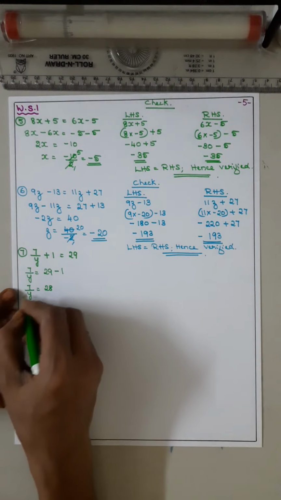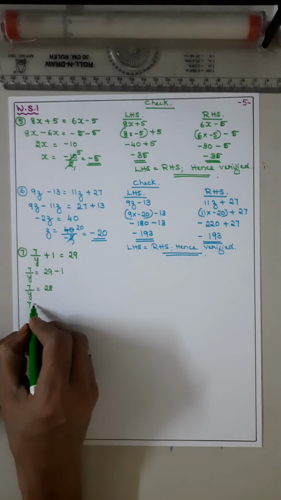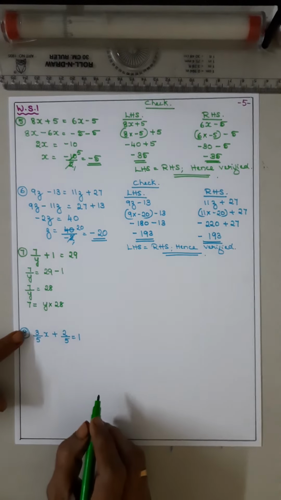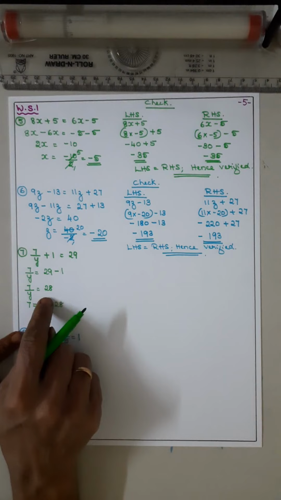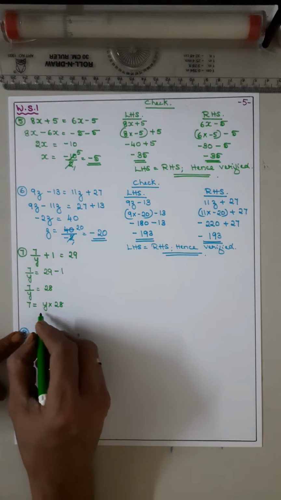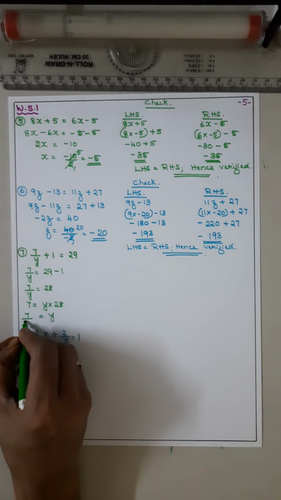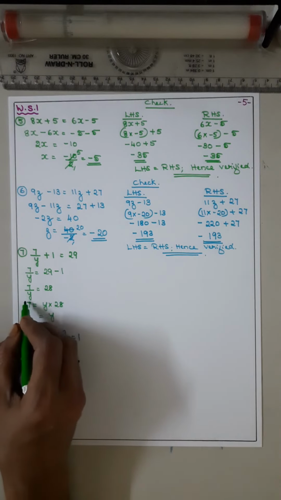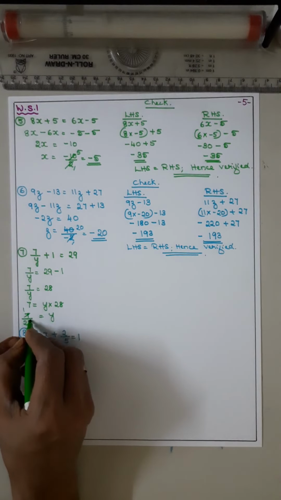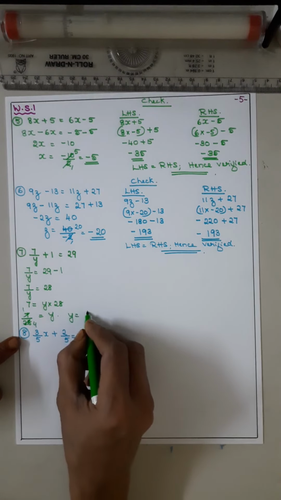Okay. Now cross multiply. So either denominator will be 1. That means 7 is equal to y into 28. Understood? Cross multiplication, 7 into 1, here there is nothing so we will not write it, y into 28. So y is equal to 7/28. It is not 28/7, remember. 7 ones are 7, 4s are. So therefore y is equal to 1/4.